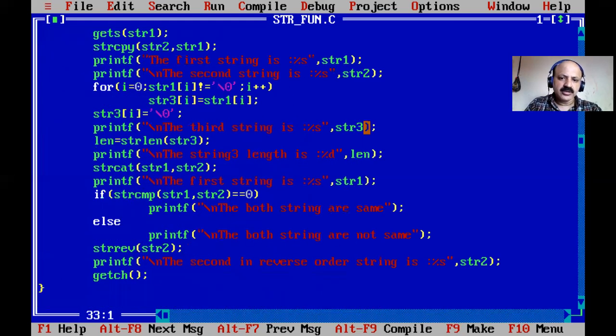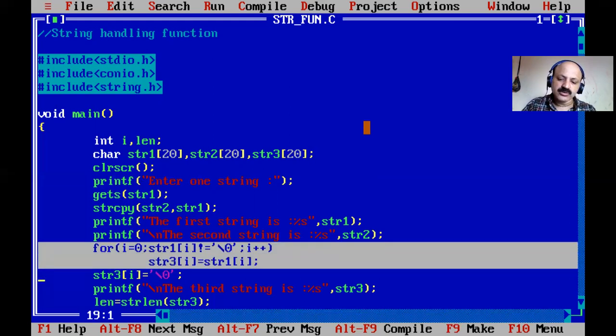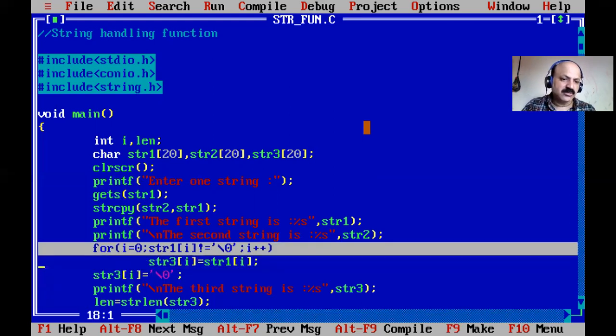So I think you can understand. So now I close this session on string handling functions. Here I just use only 5 as a sample. Next we will take more. And also, without string handling functions, you can use your own logic. That is also possible.